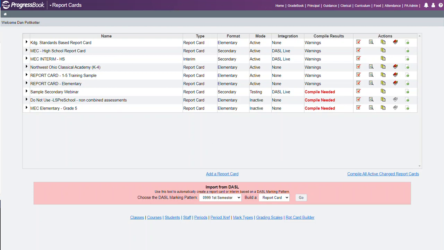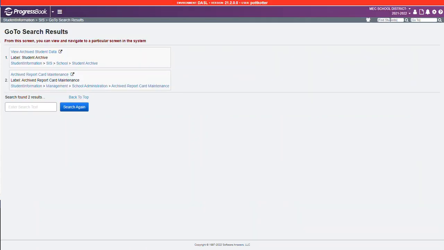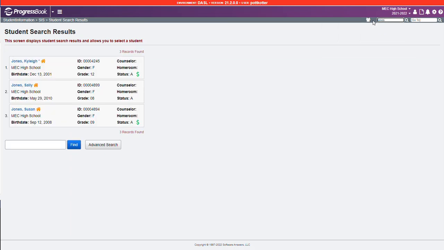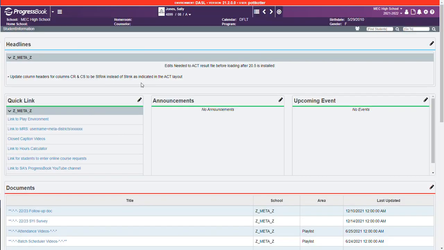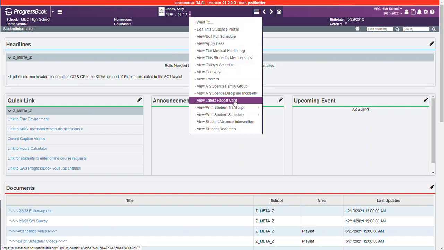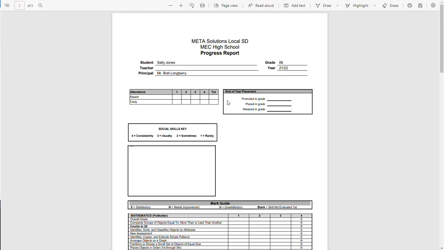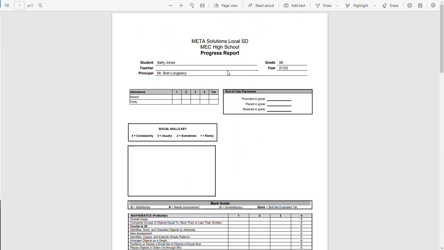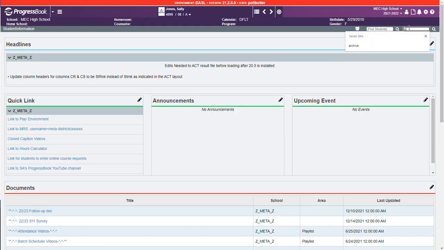Also, please note that if I jump to the student information side, we go to this high school building and we look for student Jones. If I go to Sally's individual record, I can click on the drop down arrow and it should say View Latest Report Card if you have that security option turned on, and they can view that elementary report card via Indazzle. You also have the ability, if I jump and type in archive in the search option,